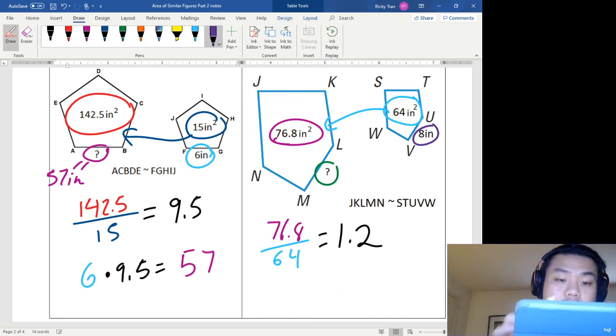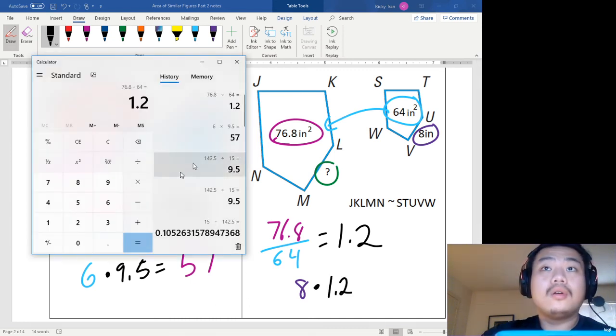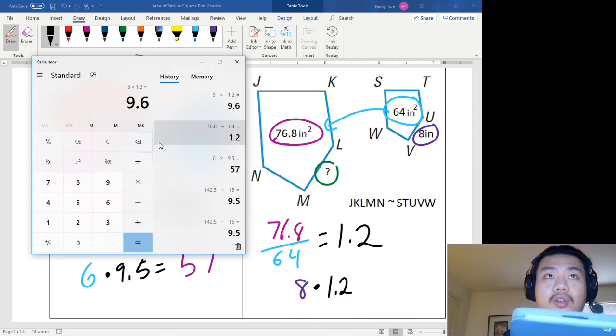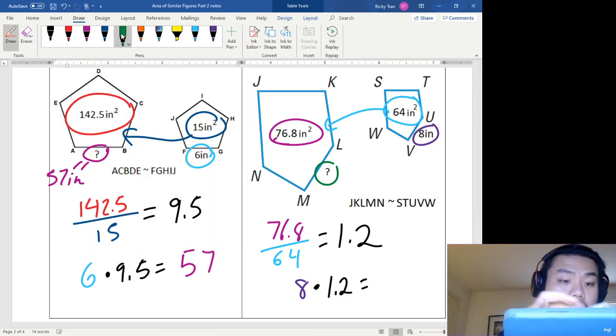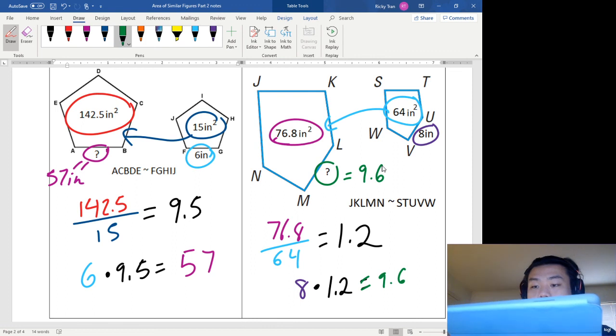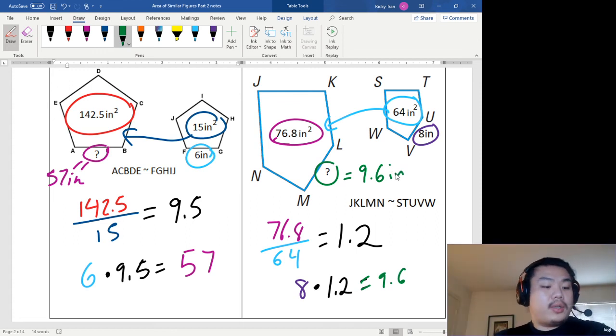So this is equal to 1.2. We're going to take our 8 and multiply it by 1.2. So 8 times 1.2, 9.6. This is equal to 9.6. All right, so that means this is 9.6 inches, which means we hereby come to the end of today's